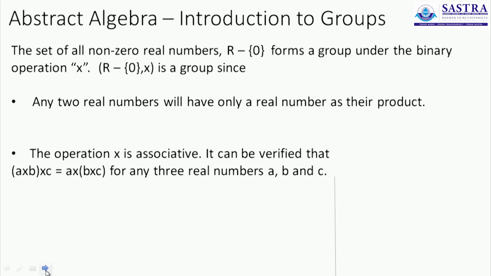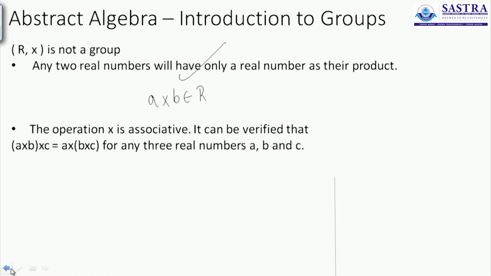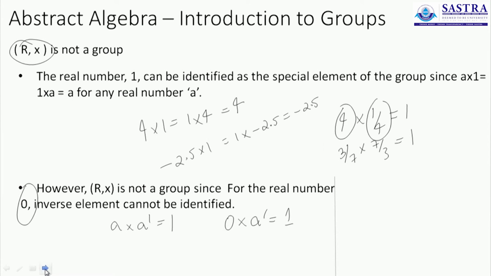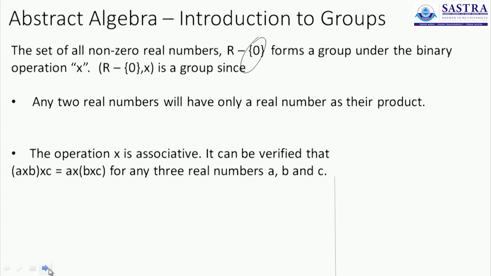Moving further, we can still construct a group out of the set of all real numbers and a multiplication. Only point is we'll have to remove the 0, because a few slides back we saw that the set of all real numbers is pretty much a monoid. It is closed, the operation is associative, it has the multiplicative identity. The only thing that was stopping us was not every element had an inverse, and the element 0 in particular had no inverse within the set. So what if we discard that element? What if we consider the entire set without the 0? That's what I am referring to here.